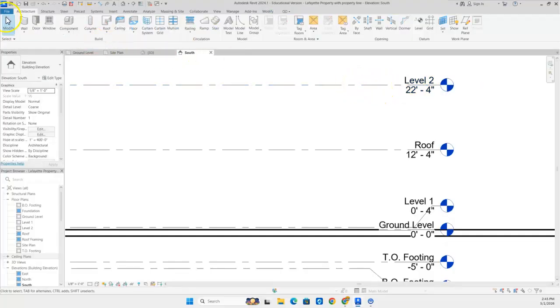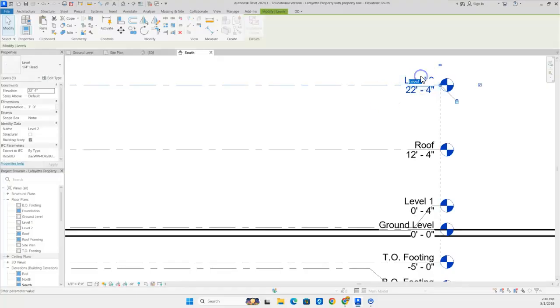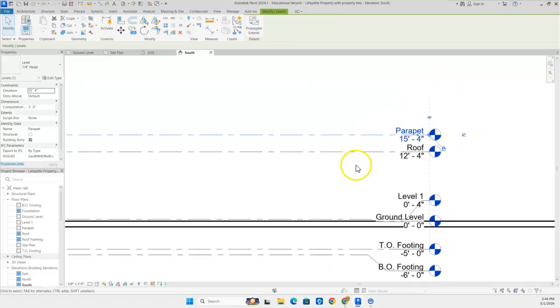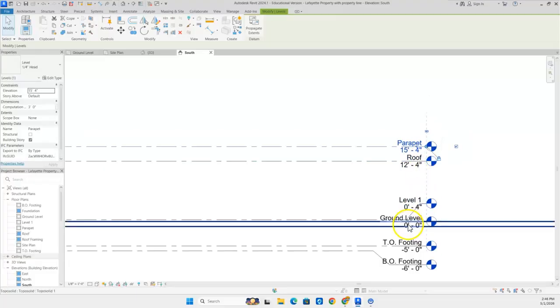MD means modify. If you're not using keyboard shortcuts, you better. See, modify MD right up there? So MD is modify. That lets me just kind of modify. Then I'm going to change this to parapet. Hit enter. And yes, I want to rename the corresponding views. And I'm going to make this one exactly 3 feet higher. There we go. So now I have my parapet level, I have my roof, level 1 ground level, and then